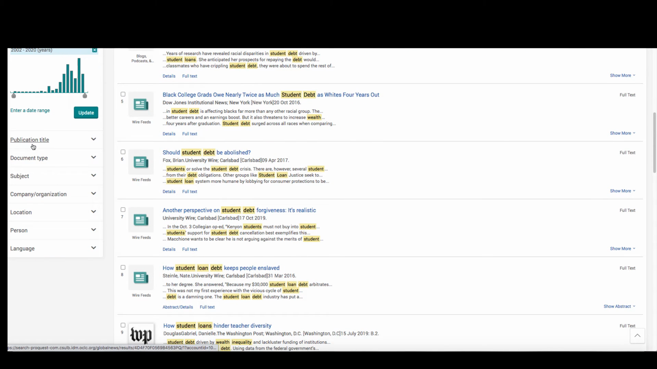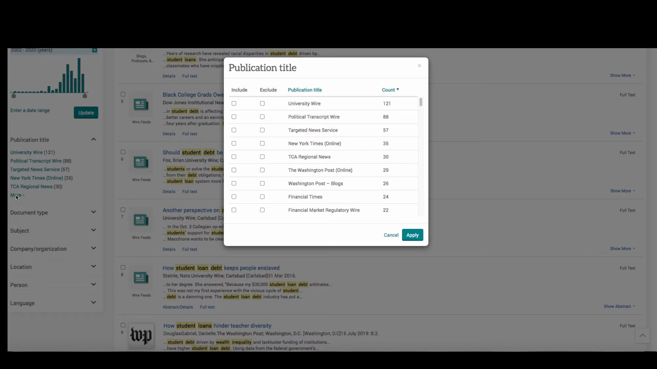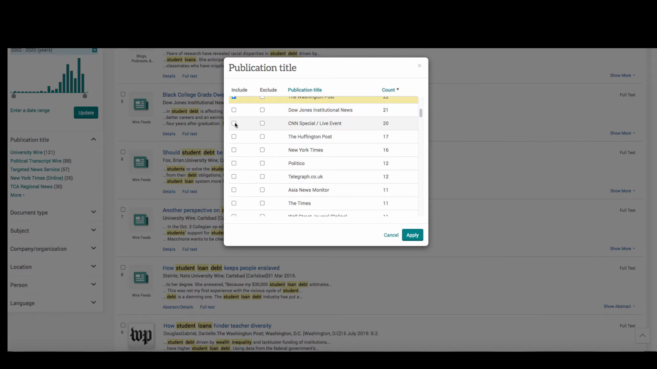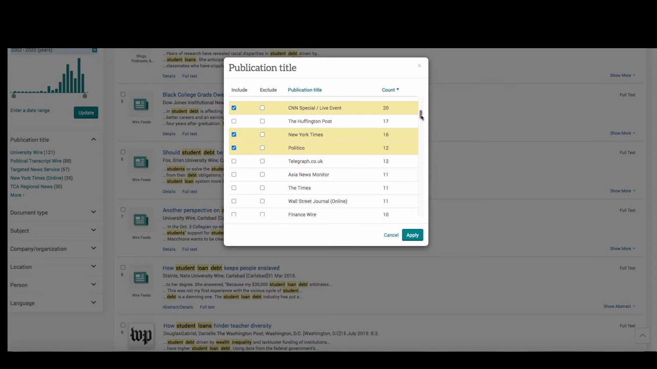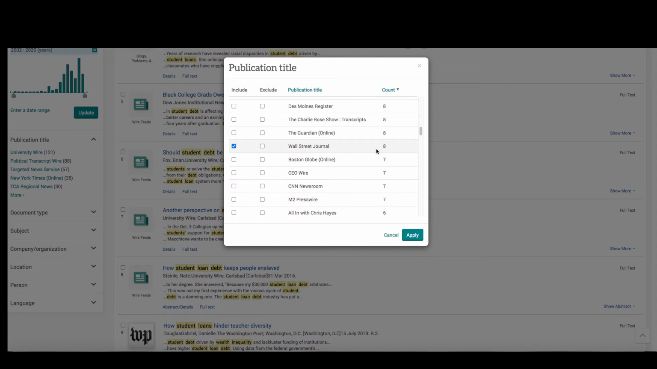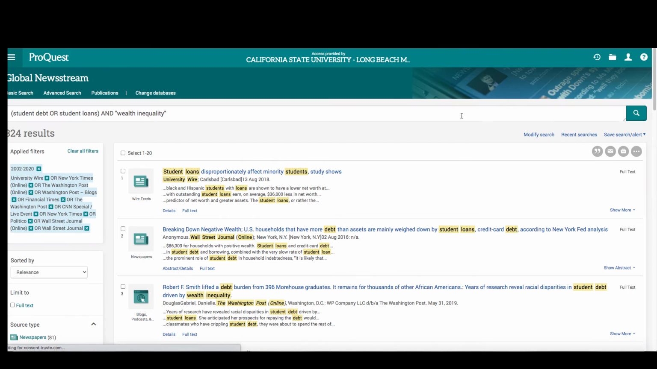We're going to go down here to publication title. I find that that's a very useful filter. And we're going to click more. And what you want to look for are well-known mainstream publications. Now, if you're looking for campus papers, you could mark University Wire. I would suggest the New York Times, the Washington Post. Might look at the Washington Post blogs. Financial Times, CNN Special, maybe. Politico. The Wall Street Journal, and you could pick a number of them. And that reduced us to 324 results. So this is 324 newspaper stories in the last 20 years that mention the terms student debt or student loans